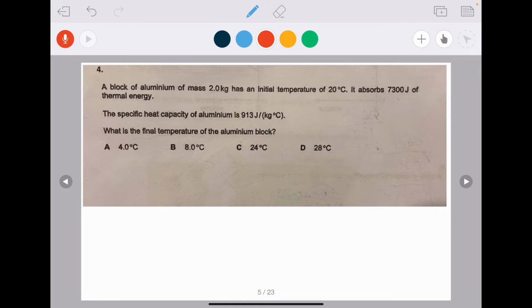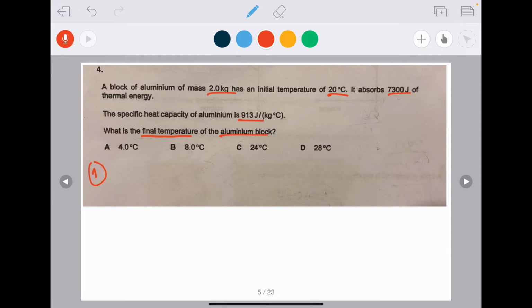Question number 4 says that a block of aluminum of mass 2 kilograms has an initial temperature of 20 degrees Celsius. It absorbs 7,300 joules of thermal energy. The specific heat capacity of aluminum is 913 joules per kg degree Celsius. The question is asking what is the final temperature of the aluminum block. So let's just write the formula of